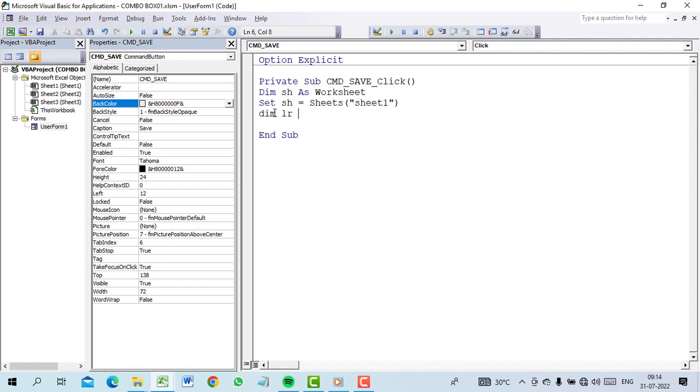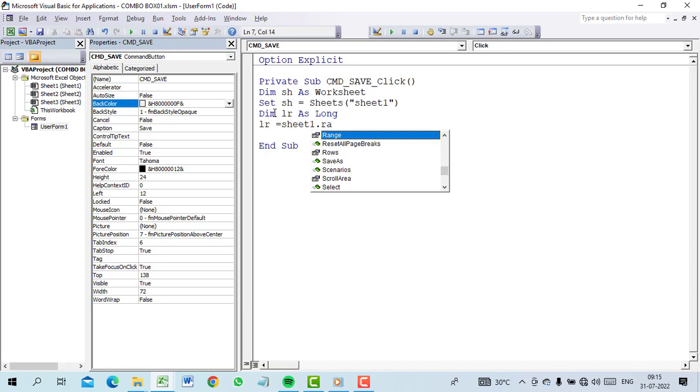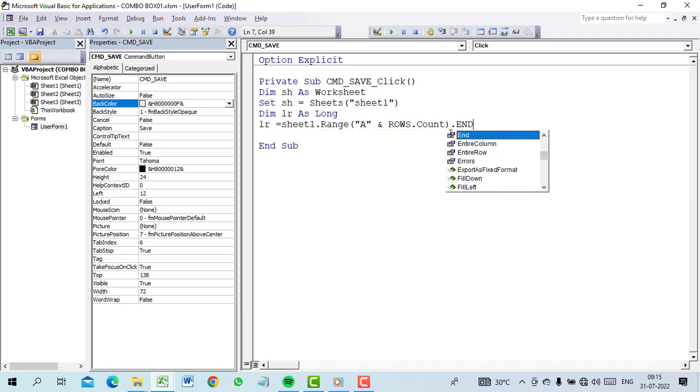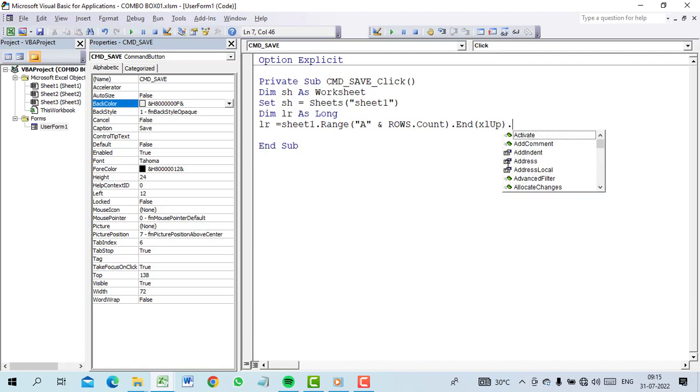Dim lr as long. lr equal to sheet1 dot range, range A1 dot rows dot count, dot end, xlUp, dot row.